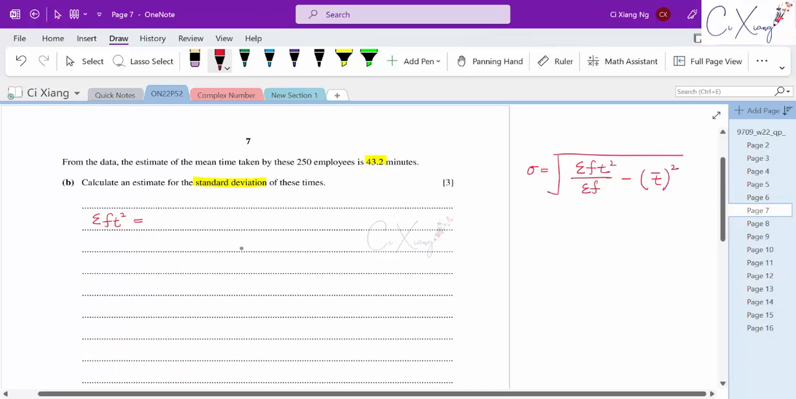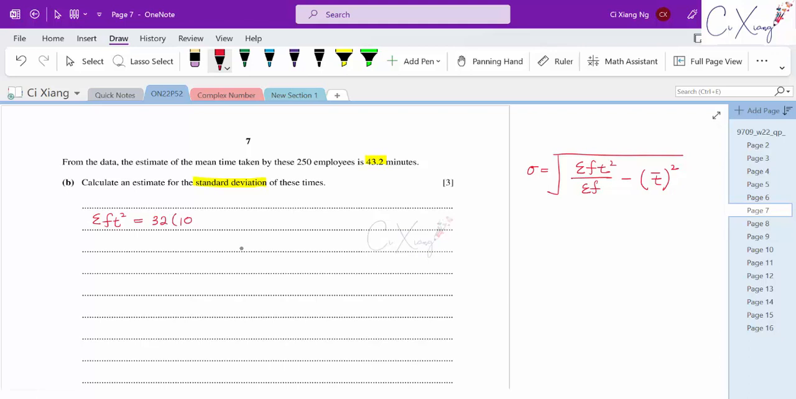And our solution will look something like this. For the first one, frequency is 32, multiply with the midpoint. Midpoint is 10 and I need to square it. Frequency is 46 for the second class, midpoint is 30 and I need to square the midpoint, and so on. And then the last class will be frequency 24, then the midpoint is 80 and I need to square it. Okay, so for the summation of ft squared, I have the value